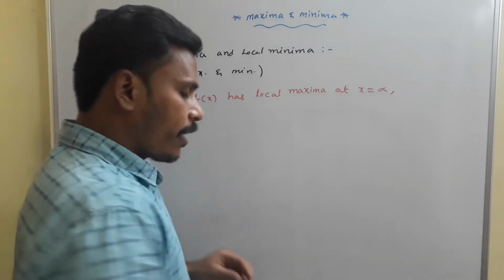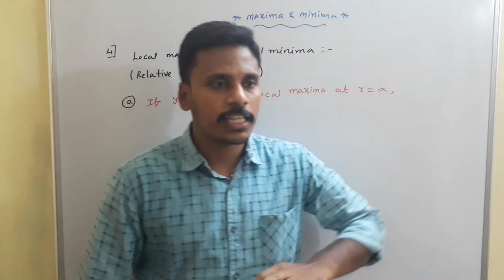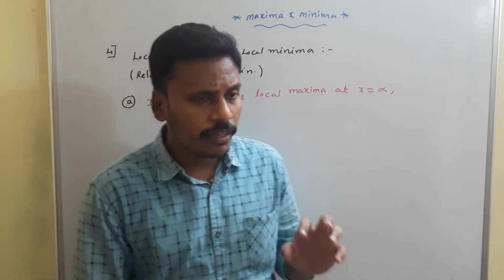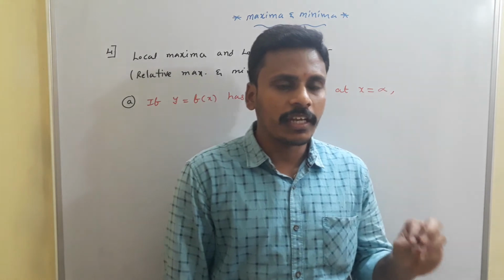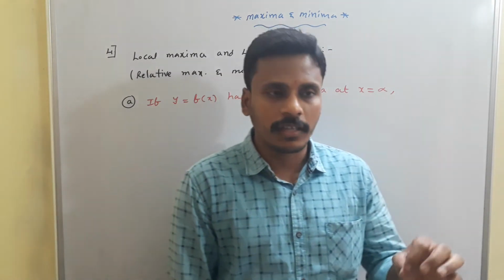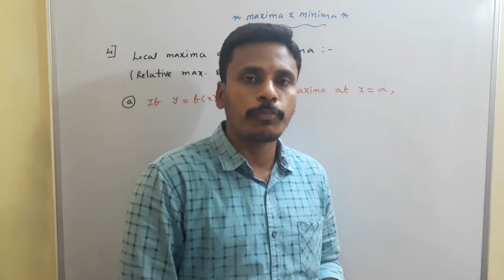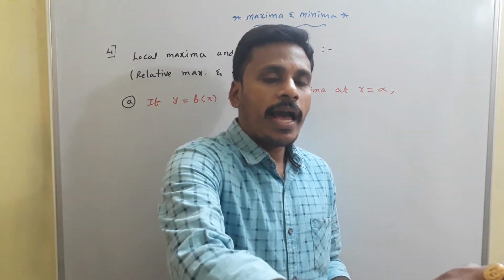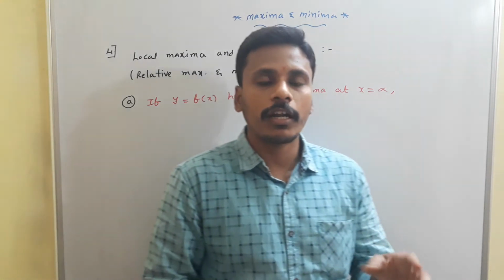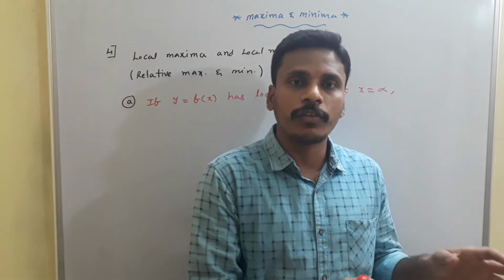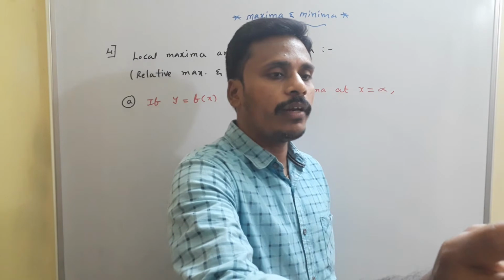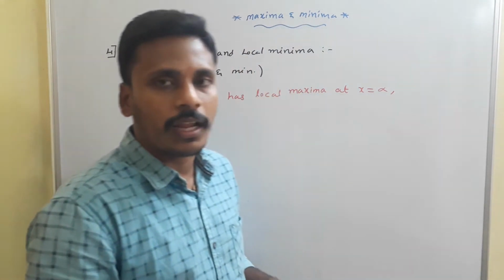As a part of applications of derivatives, we started maxima and minima in the last class, right? In the last class, we learnt about increasing, decreasing functions, as well as critical points, stationary points and turning points. And then in the third point, I explained to you about local maxima, local minima, global maxima and global minima, the differences between these four and the locations of these four with graphs. We discussed all these things as the third point in the last class.